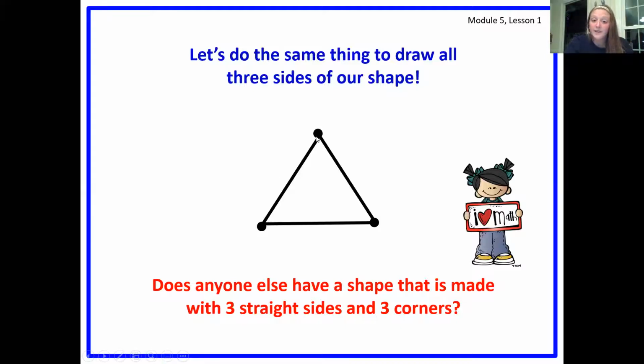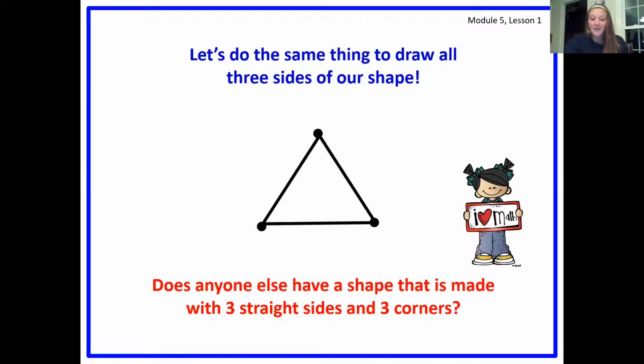So if you look at this shape, you can see that there's 3 sides, 3 corners. But if we measure, these lines are all the same length. This is a triangle that we would call an equilateral triangle because all the sides are the same length, or equal, okay? So I was thinking of another shape that I could have drawn that had 3 corners and 3